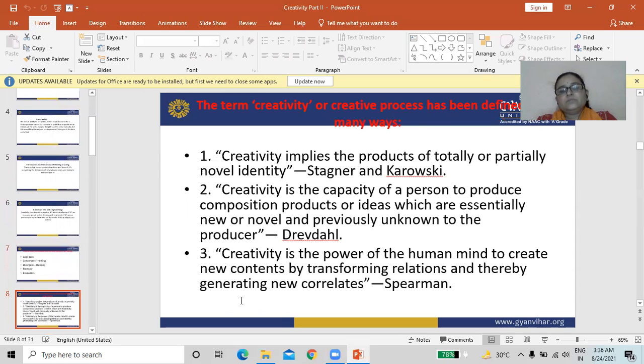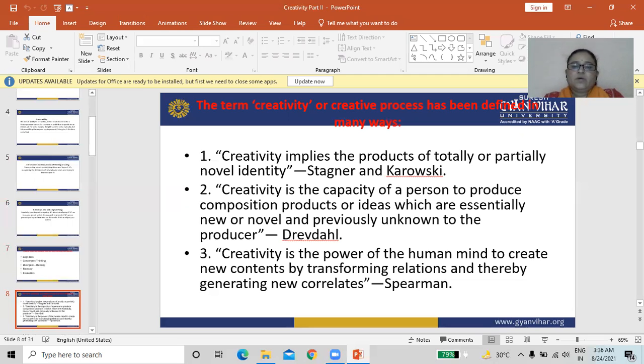The term creativity or creative process has been defined in many ways.